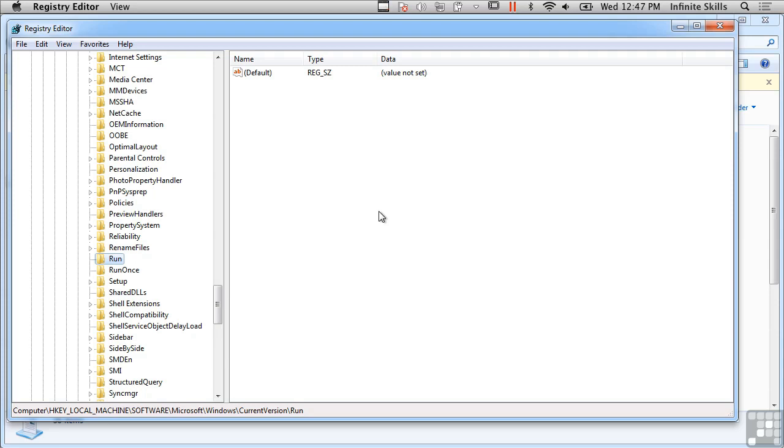So it's a program that's not a service that would start up when the system was booted. After all of the services are started up, it would go into this Run key and find whatever's there and start those programs up as well. So what you would get here would be like maybe the iTunes helper application, for example, might be stored here if you've got iTunes installed on your system, or if there were user programs that were associated with, for example,